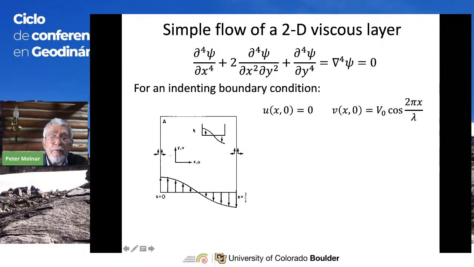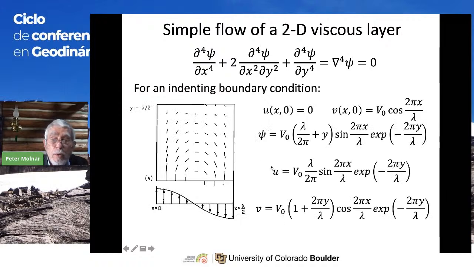Now, suppose we have this boundary condition where y moves in with a cosine x. Well, that's what I just said in here. So the maximum y component, v0, is right here at x equals 0. When you go to x equals lambda over 2, this becomes minus 1, and you have movement in the opposite direction. So we get a stream function. We get a value for the u component of velocity where this is not 0. That's the mistake that I've made in here.